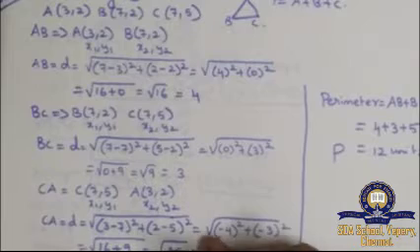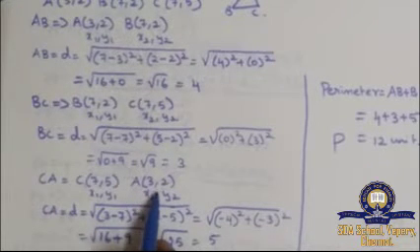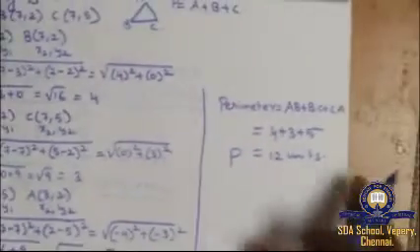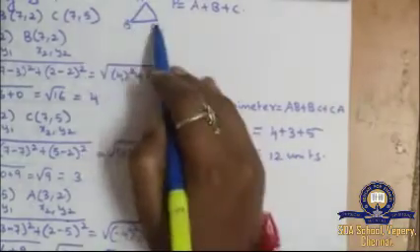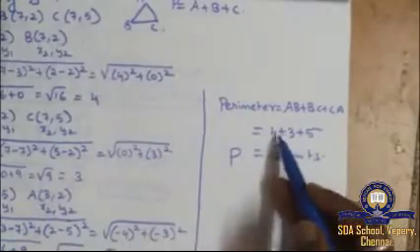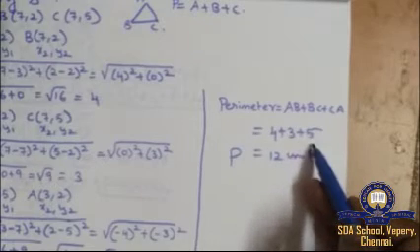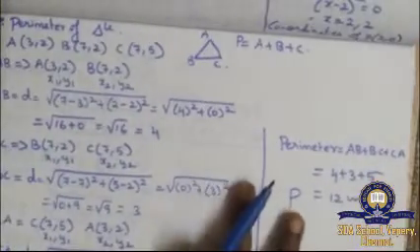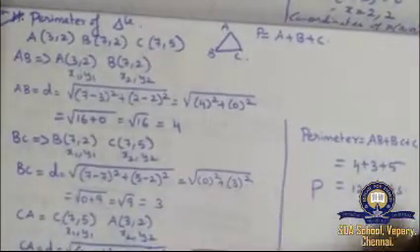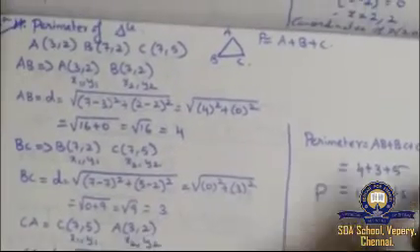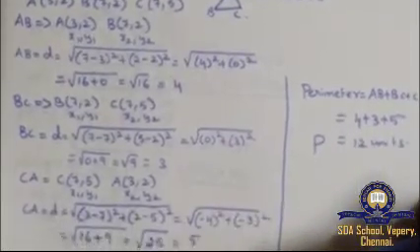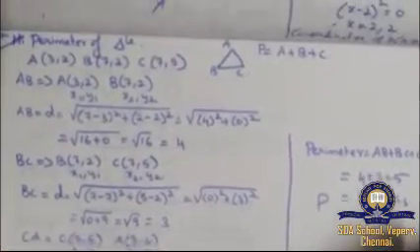Next CA. Because I am repeating the same thing, I am skipping this one. If you have any doubts, you can contact me. CA, with C value and A value given as x1, y1, x2, y2, is the same formula. We got 5. Perimeter means we add the AB side, BC side and CA side. AB we got 4, BC we got 3, CA we got 5. 4 plus 3 plus 5 is 12 units. You don't need to copy this sum down, just understand it, or copy it in your rough book and keep it with you, so that if in the exam they ask you to find the perimeter using the distance formula, you can find the answer. Clear? I hope you all understood.